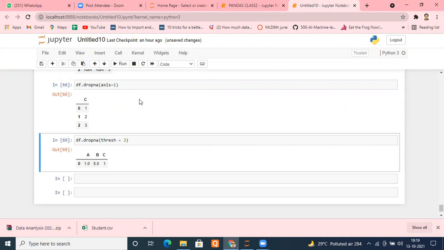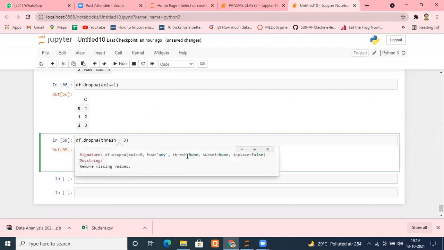If you're not able to understand, you can ask me. Yeah, please tell me. Sir, why are we not putting thresh equal to 3? Because we are checking the condition, that is not required here. See, everywhere we follow the condition as per the formula. If we go inside, see how it is putting only one equal. So we have to follow how the function is defined. It's just a parameter. We are setting its value.